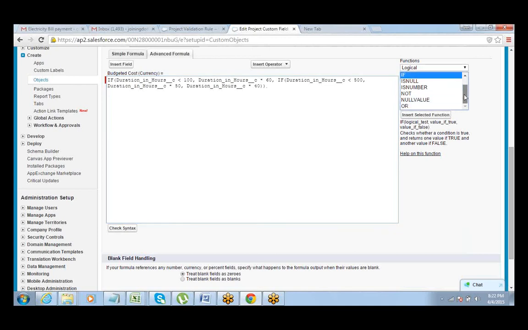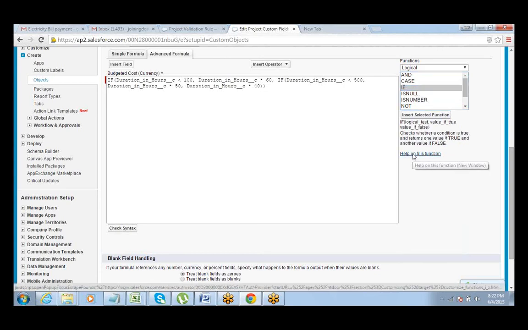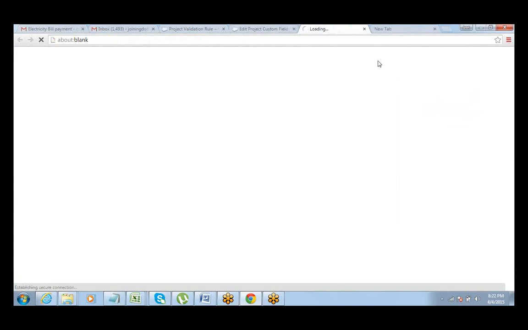Any function that you want to understand a little more in detail, you can always select that function and click on help on this function. If you click on this, it will open a new link and it will show you the details of that function.